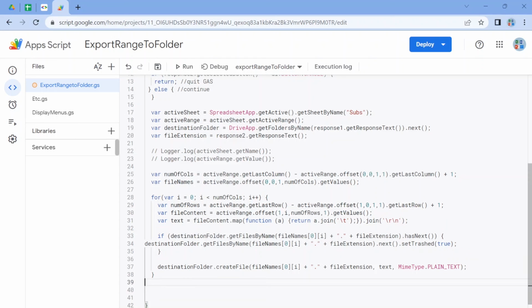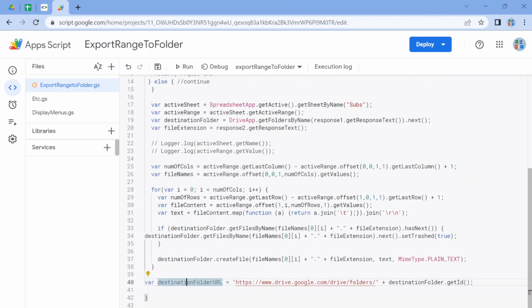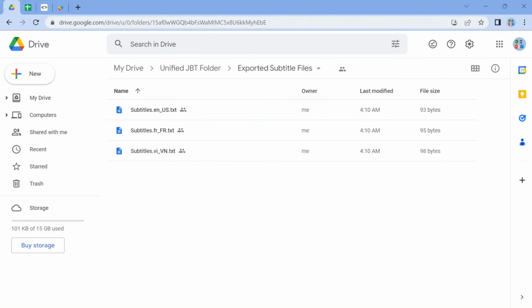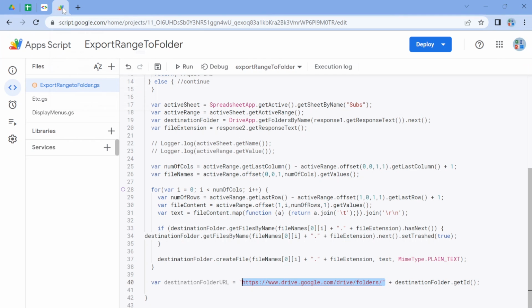The first command is this one right here. Create a new variable called destination folder URL, and you grab it from the destination folder's get ID. What is get ID? It gets the ID of the folder. Very simple. I'm going to append it to the end of this long URL here. Fortunately, that is how Google Drive folders are structured. By the way, ignore this U0. It just means that there are several users logged into this Chrome session right now, and it's designating the first user, so you can ignore that.